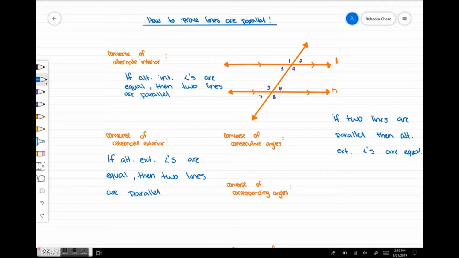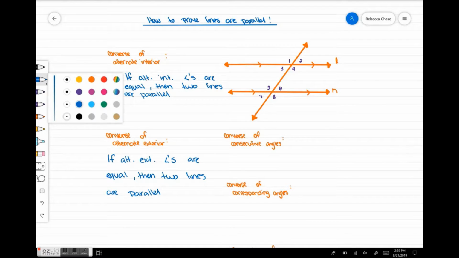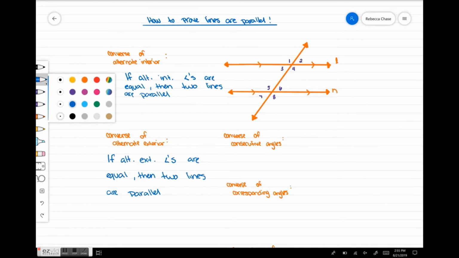Okay, so same thing, we just took the original theorem and we flipped it in order to prove something different. So instead of writing, you guys should understand what I'm doing here, so I'm just going to write the theorems for the next two. So consecutive angles, we know that those are the ones that are supplementary. So I'm going to say if